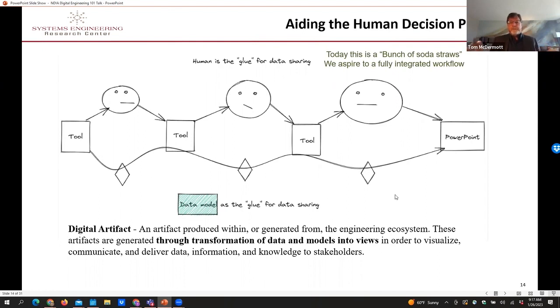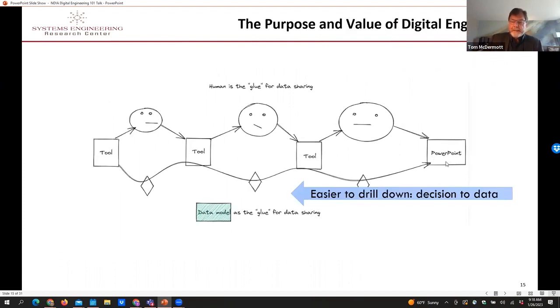So ideally, when you talk about what's the value of digital engineering, it's connecting all of these data items together. And that data model, that sharing of data, that historical libraries of data and models, those things are the glue that we'll have in these artifacts. So, it's not about, for instance, making things like PowerPoint or documents going away. You can think of it more as embedding the engineering into these graphical formats to make it easier to drill up and down into the data.